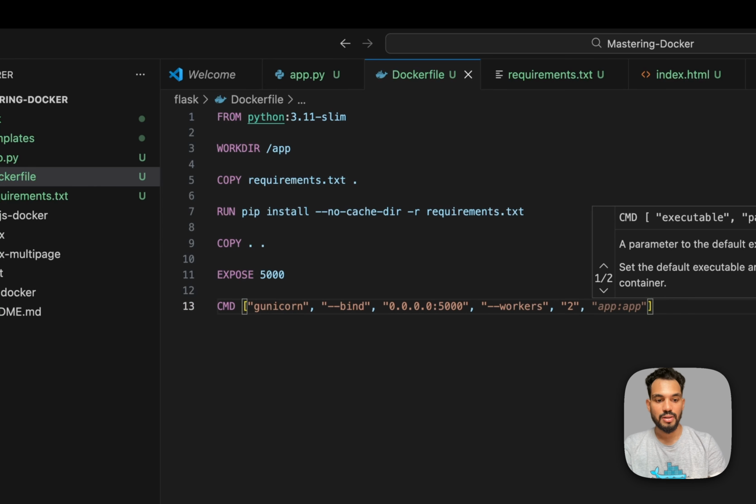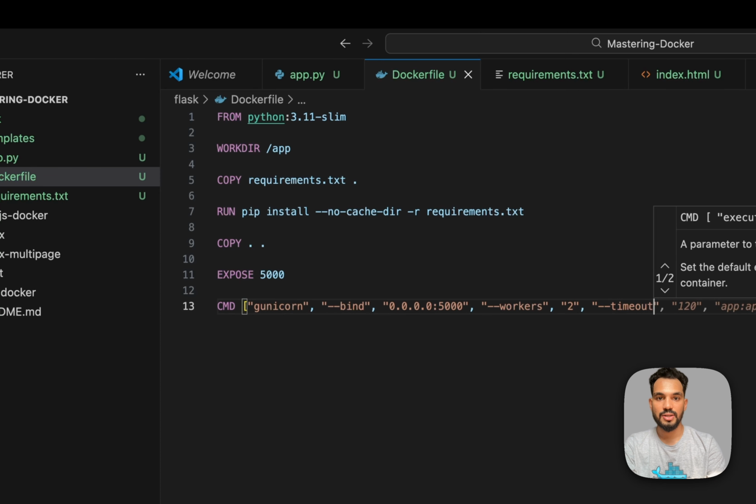Then I'll mention the timeout as 120 seconds,